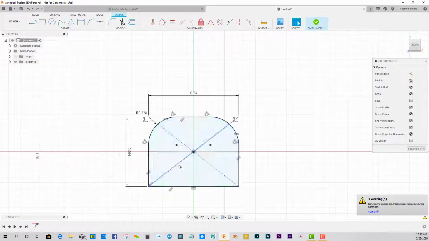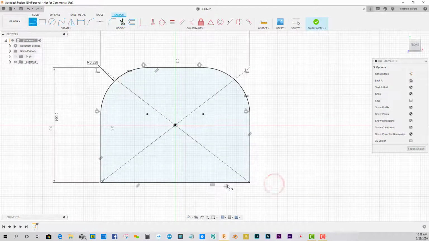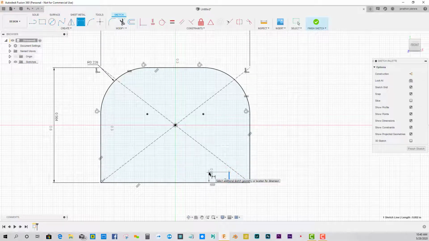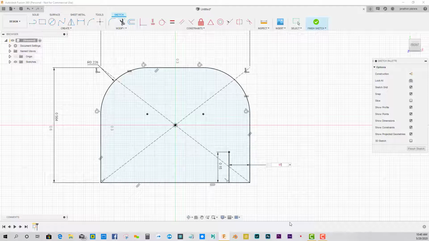Alright, now let's draw these center leg cutouts. Now we'll draw a line here. The total distance of the leg is going to be 0.15. Now we have the height of it. We want to see how far away from this wall it's going to be, and it's going to be 0.073. Now the distance in between the leg is going to be